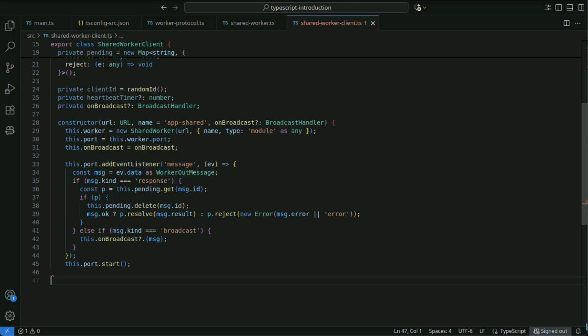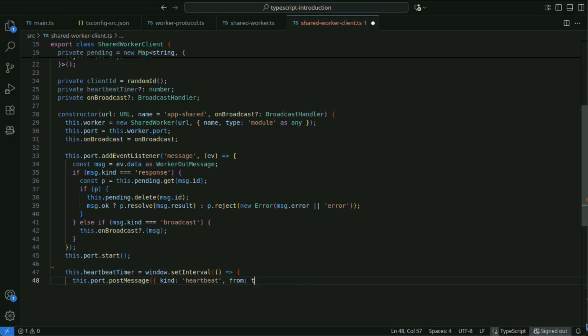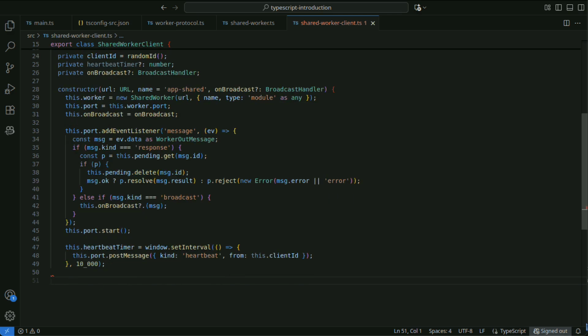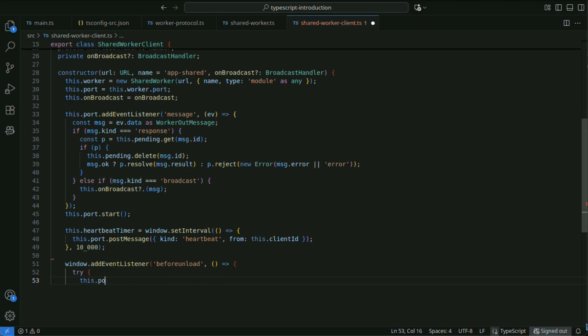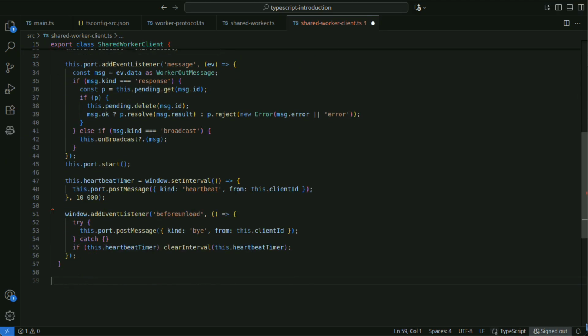Here it receives messages from the worker and handles responses or broadcasts. Sends heartbeat messages periodically to keep the connection alive. Sends a disconnect notification to the worker before the window closes.